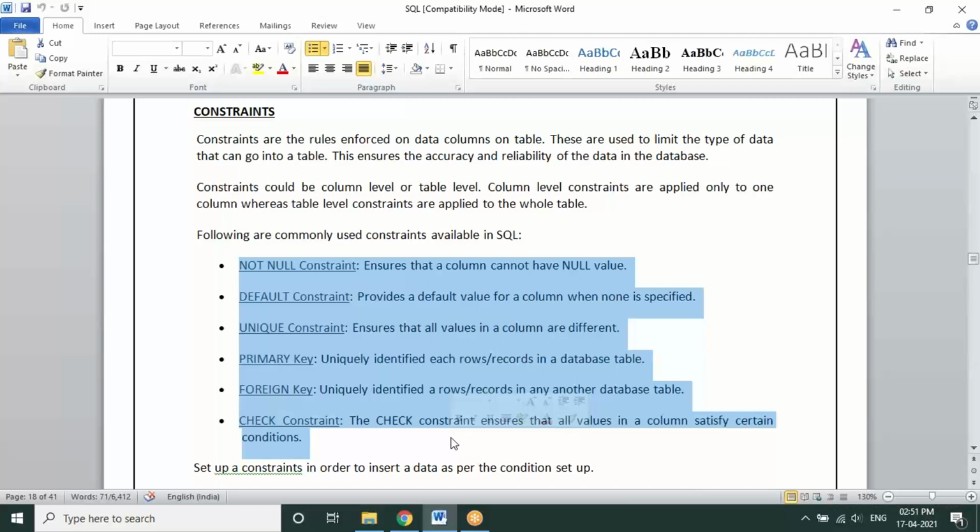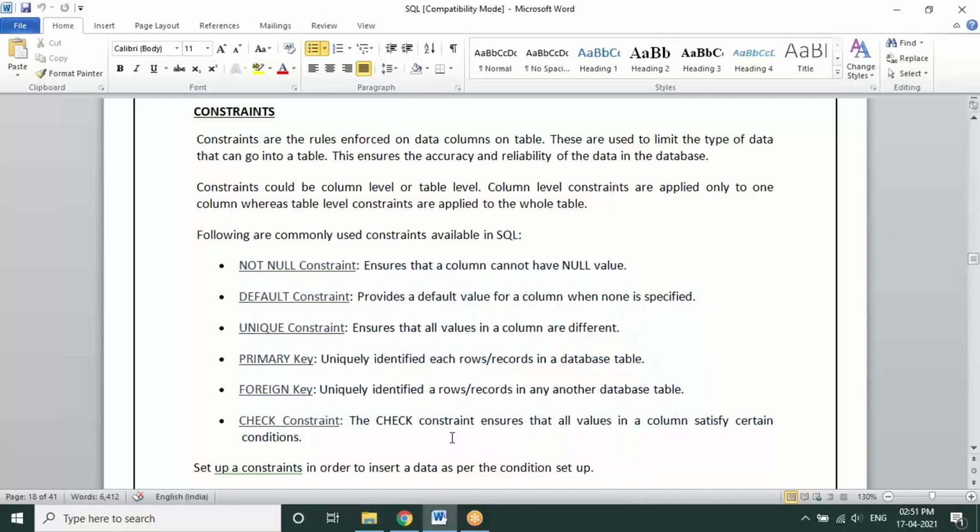Now, if someone is not aware, there is one constraint called not null. Can someone let me know what a not null is? What happens if you enforce this not null constraint on a particular column? What do you mean by not null?